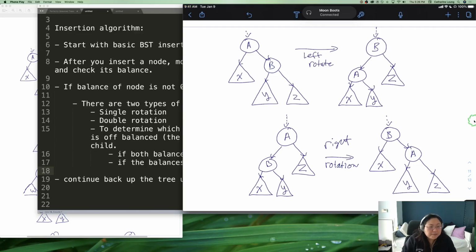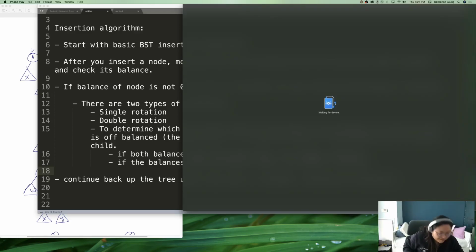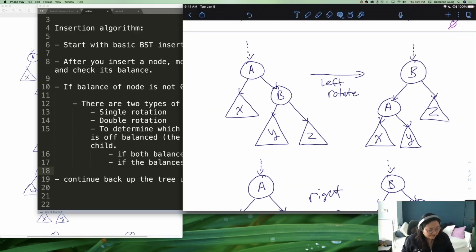So this is a picture of a tree rotation, okay? Oh, just realized this is not, hold on, sorry, technical issue. There we go, sorry, I just realized my thing wasn't connected. Okay, so